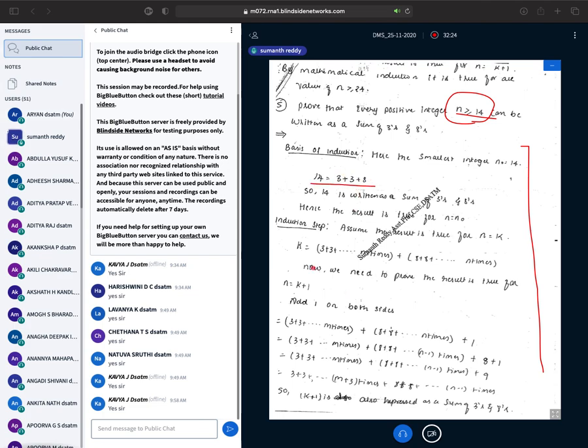After that, I will assume it is true for n is equal to k. Next I need to prove it for k plus 1. Now I have m number of 3s and n number of 8s, plus 1. If I remove one 8, it will become 8 plus 1, that is 9. So this 9 can be represented as 3 times 3. That's all. I think you have clearly understood this problem.